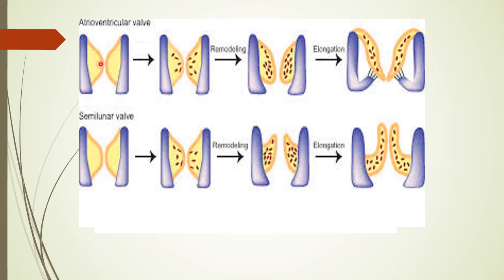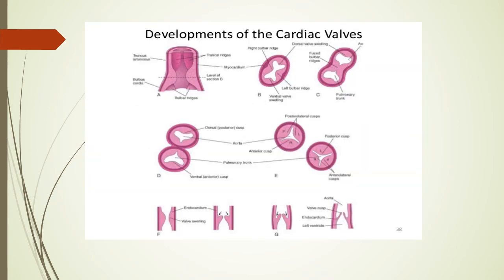Again, swellings, two at the junction of left ventricle and left atrium, and three, of course, at the junction of right atrium and right ventricle. And here the hollowing occurs on their undersurface, and this is the shape of the cusps, which become attached to the papillary muscles through the chordae tendineae. These are the chordae tendineae, and these are the papillary muscles.